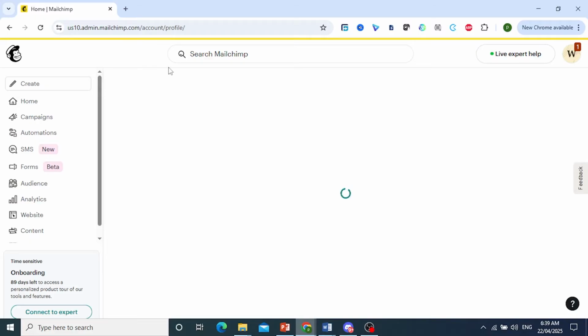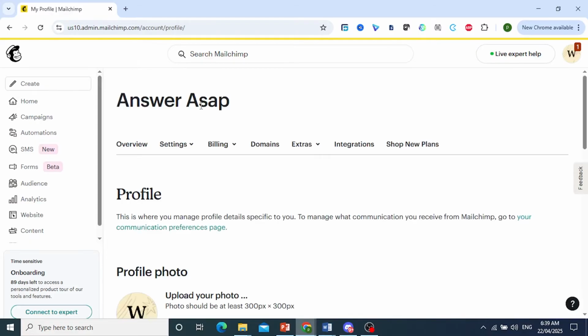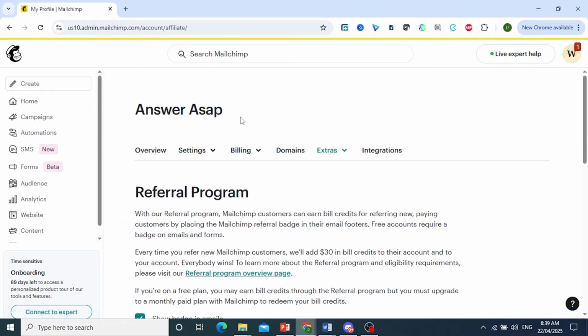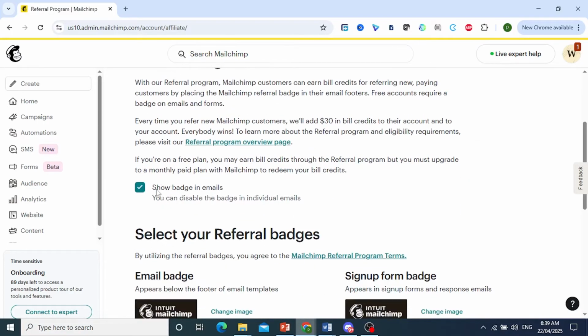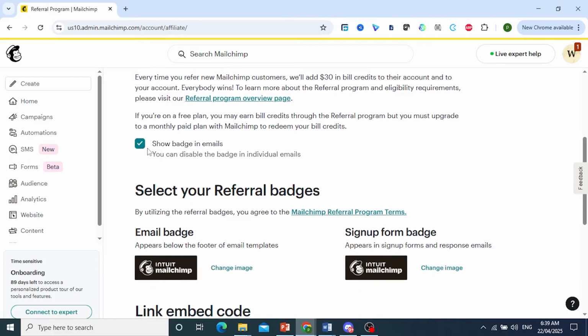So we are in the profile section for the account. And then if I click on extras, you will see referrals, okay? Click on referrals, and all you need to do is come here and toggle this off. Show badge in emails. So this watermark, this logo will not be showing if I